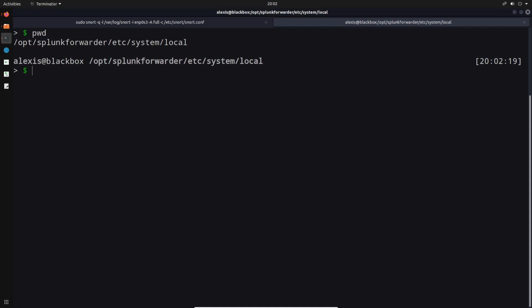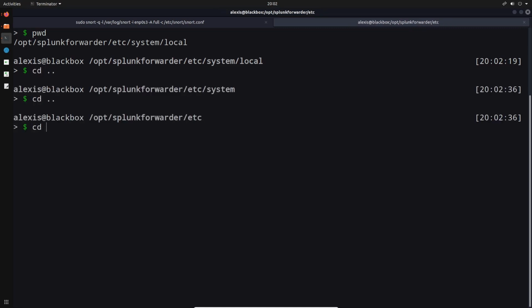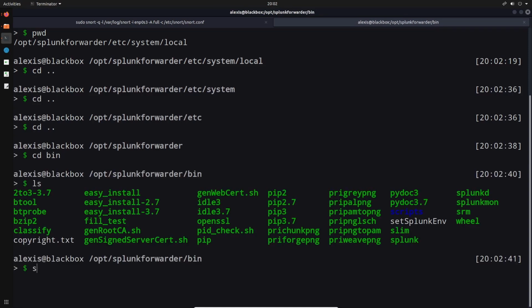Now we need to add the files that we would like to monitor, or that we would like to forward, right? So the log files. I'll go back into the bin directory. So there we are, cd bin, because that's where we have the Splunk binary. So I'll say sudo splunk, and we can say add monitor,